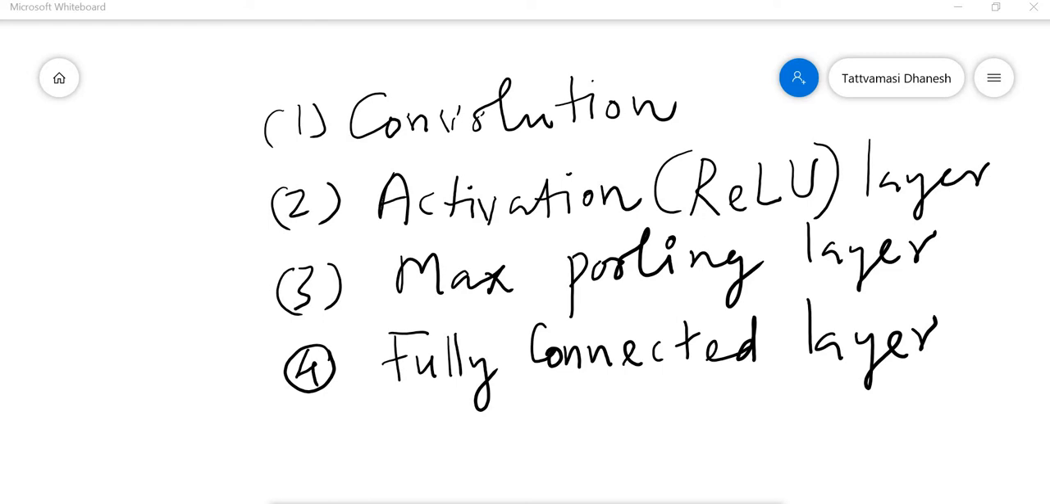Dhanesh here. So in the last video, we discussed the convolution layer. A convolutional neural network consists of 4 layers: convolution layer, activation layer or ReLU layer, max pooling layer, and fully connected layer. So these are all the 4 layers a convolutional neural network has. In this video, I am going to discuss the other layers, that is activation layer, max pooling layer,